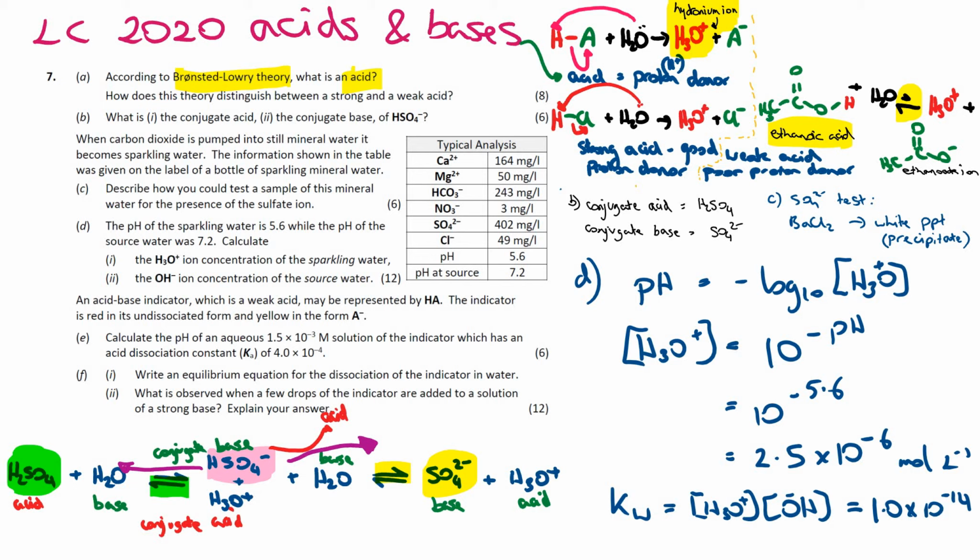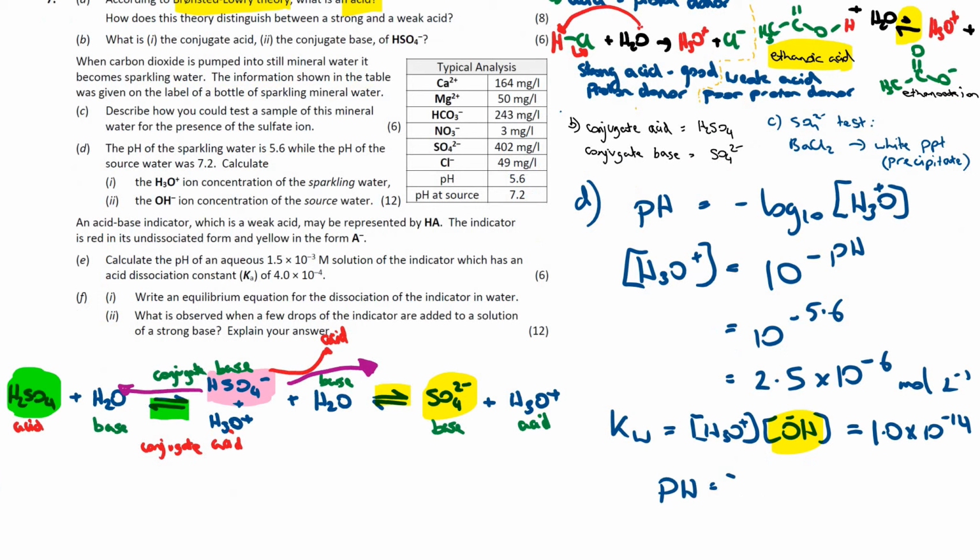So in the question they're asking us for this. So to work that out, well really what I need to do here is I need to work out what H3O plus is and plug it into that equation. Well, how do I get H3O plus? Well, I'm going to use the pH because it's telling me the pH is 7.2. So pH equals 7.2, hence H3O plus equals 10 to the minus 7.2, which is